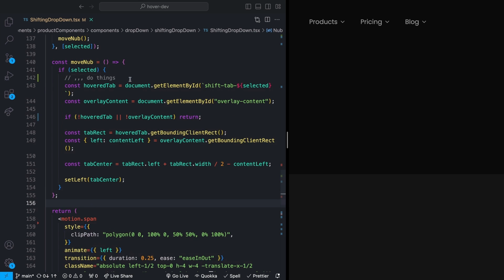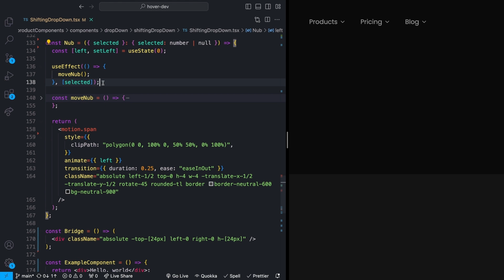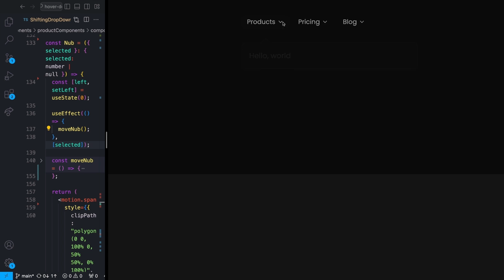What I assume I was doing originally when I first made this little demo was just manually adjusting the nubRef style as opposed to using this left position like this, and I probably just left that in there, but it will not be in the source code whenever you go to download this, don't worry. But anyways, that is it. Let's make this a little bit bigger. We now see that this is centered because we had that adjusting style there. As I move this around, everything moves around.